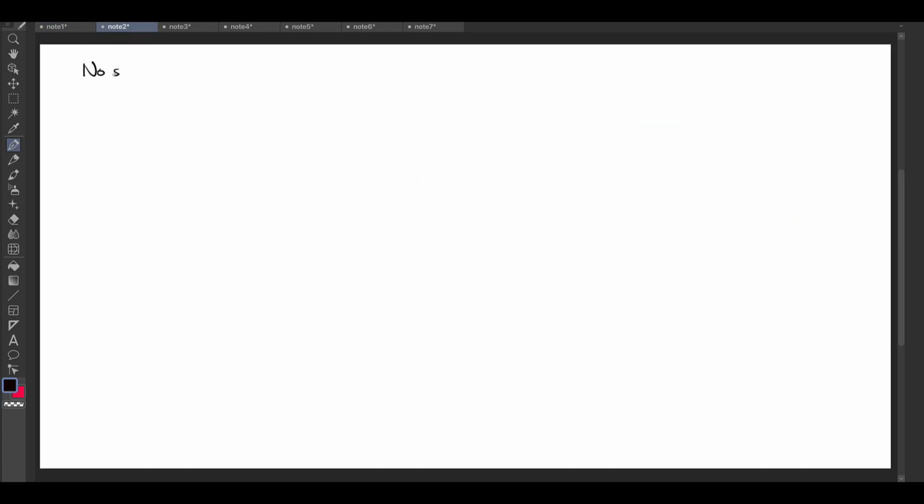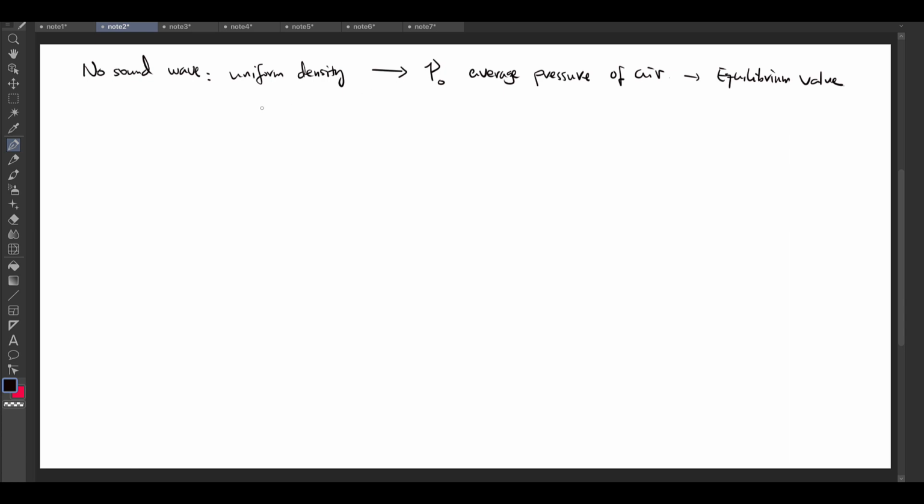So let's say there's no sound wave. Now we have a uniform density of air particles throughout the region, and then that will give us some pressure. Let's call it P naught, which you can say is the average pressure of air. And this average pressure is like the equilibrium value. And all other modulations, so let's say that's sound wave propagation